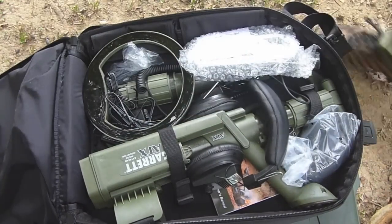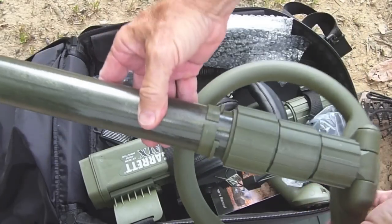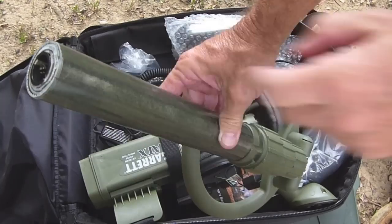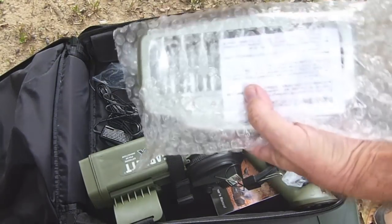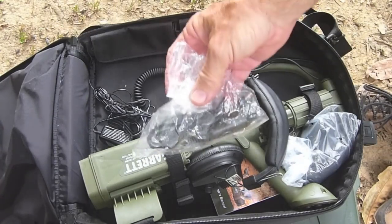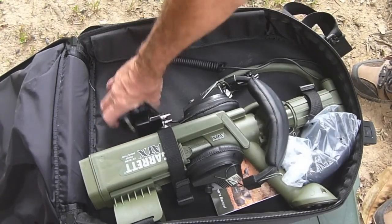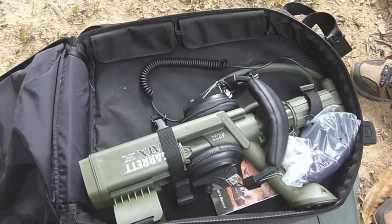Now what else we've got in here is the 8-inch mono. Same deal. It's got the shaft as part of the optional coil, with the internal cable. Got the battery pack for your rechargeables. You've also got a 12-volt plug, so you can charge your battery off your four-wheel drive when you're out in the bush. Then your various power adapters for your 240 plugs. Your headphones,